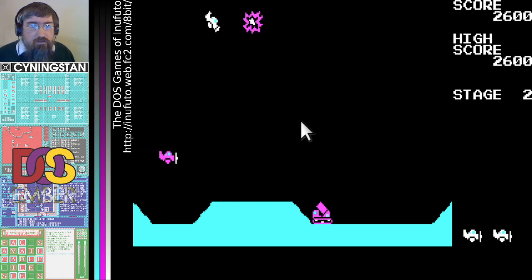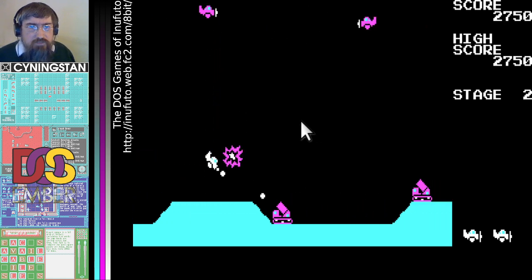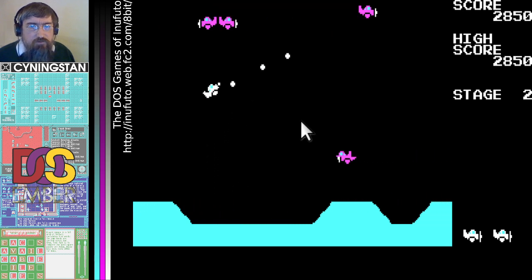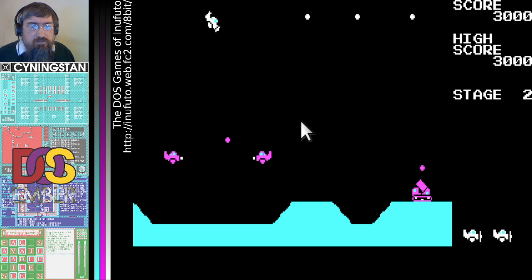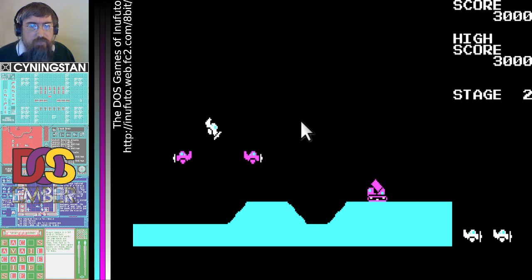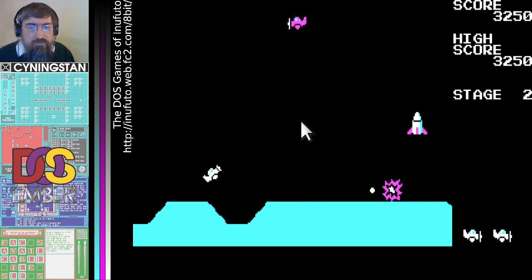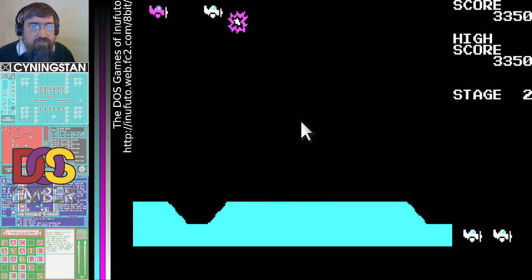Now, all of the PC games are in CGA. As you can see, they all use the standard magenta palette as well, which is a shame, but this is a nostalgia palette for people, so I suppose it makes sense that this is the palette that it uses.